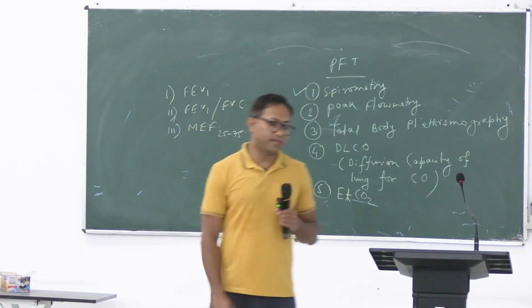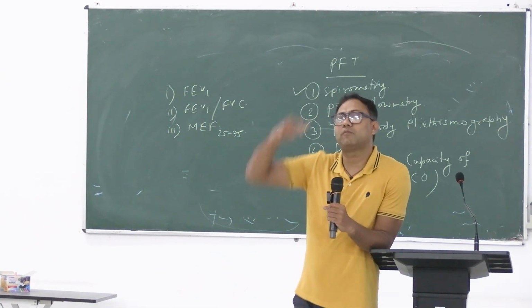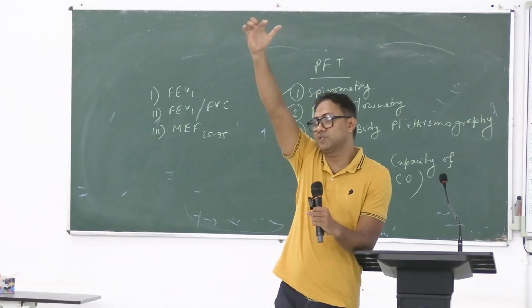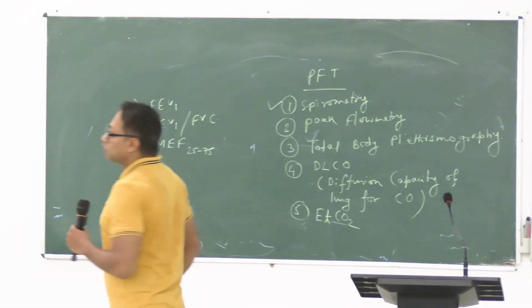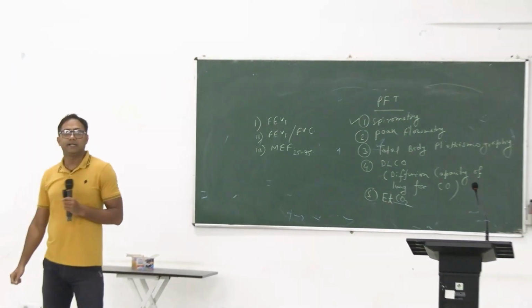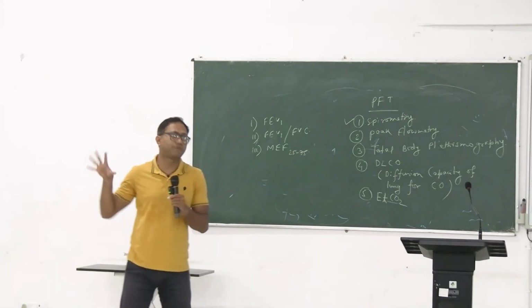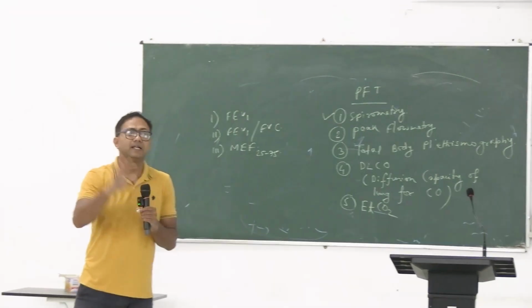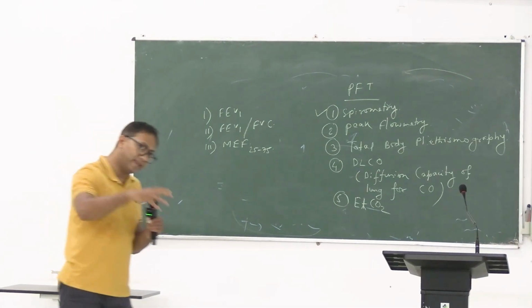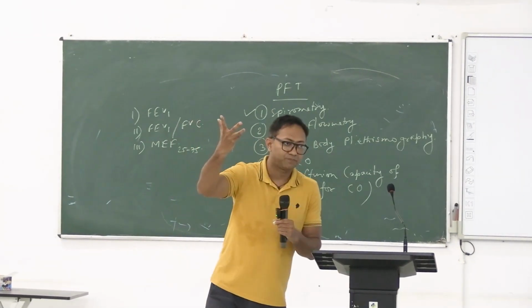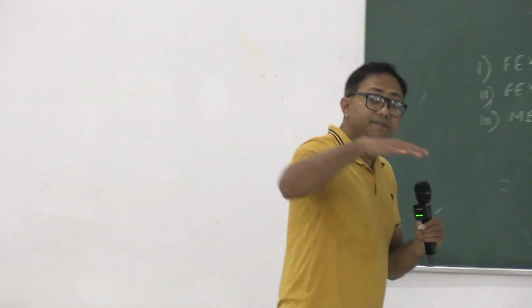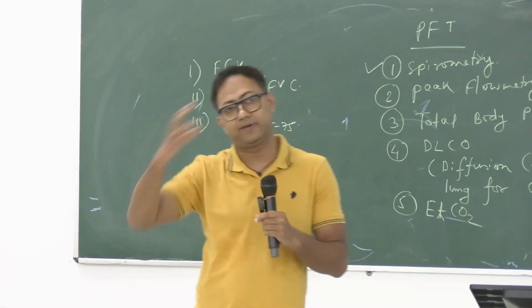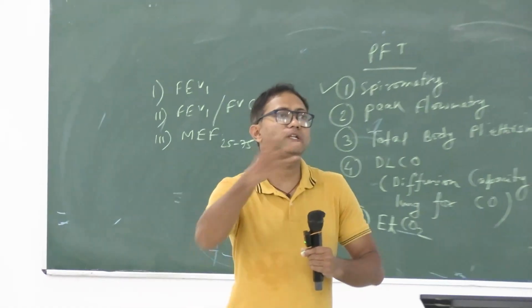What is mid expiratory flow rate? I told you that from total lung capacity to residual volume, that is from 6 liter to 2 liter, I am exhaling 4 liters of air and I took a time of 4 seconds. During this 4-second time, my flow rate was not uniform, right? Initially my flow rate was high. That is why FEV1, the amount of air exhaled in first second, was the highest. But MEF is the mid expiratory flow rate. So during the process of exhalation of total vital capacity, that is 4 liters of air I am exhaling,